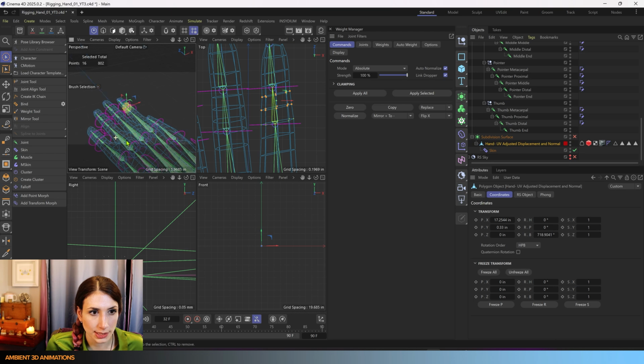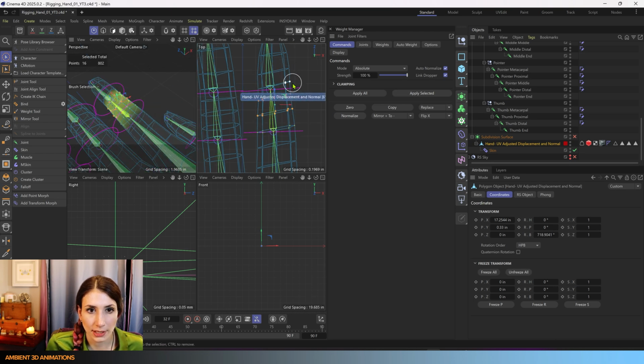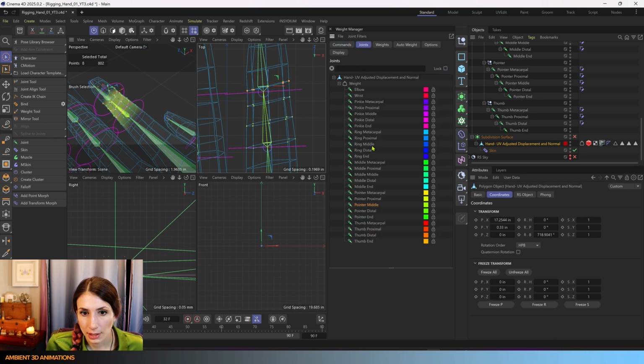You can see the colors in here that I'm adding as I add them. It signifies which ones are being added with those colors. This one here is going to be partially the pointer middle and the pointer distal. So I'll select both of those